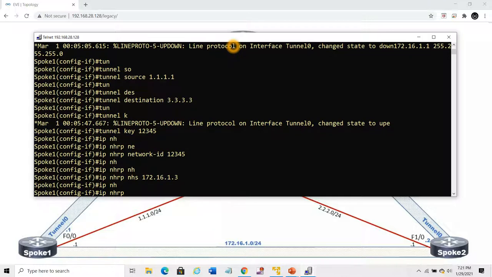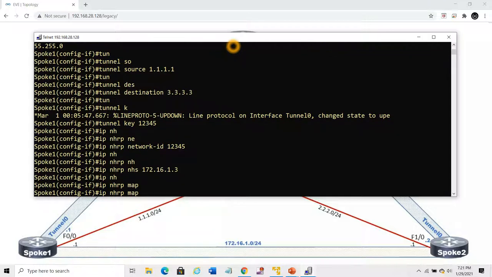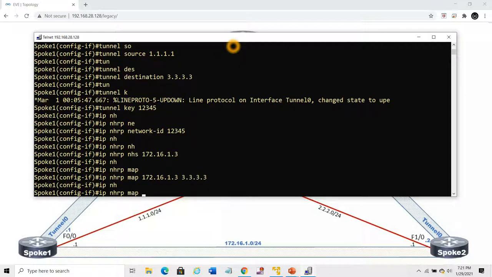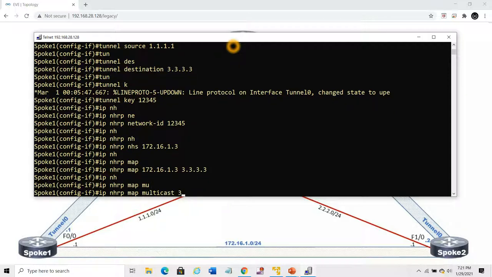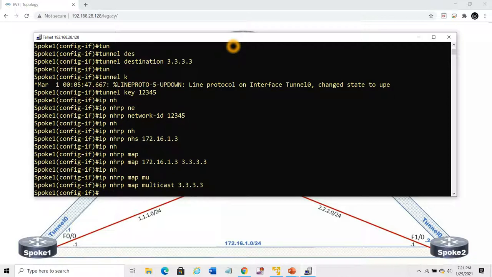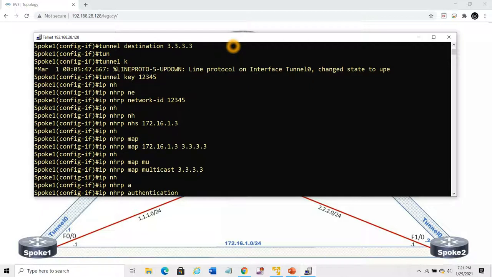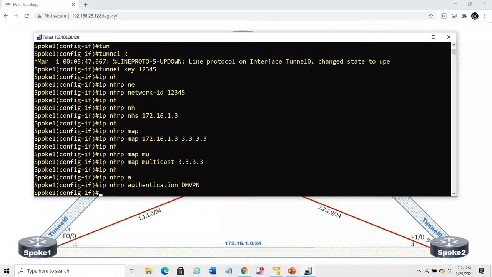IP NHRP will map that next hop server, which is 172.16.1.3, and can be reached at 3.3.3.3, which is the hub's NBMA address, and we'll map multicast address also. So any multicast can reach via this NBMA address. Now NHRP authentication we'll use DMVPN. Okay,